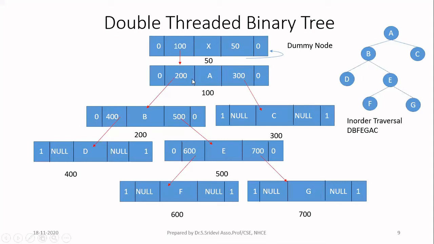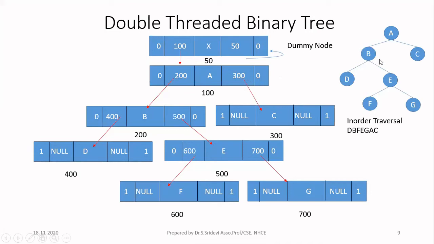Now, what information do we have in the remaining nodes? The remaining nodes have the same information I explained in the previous slide. Now, let us focus on the two extreme fields, 0 and 1. Whichever node has its children, that field will have 0. 0 means you are not storing any thread information. Node A has both the children. So for that node, you will store 0 for both the children. That is, in the last extreme fields, we are going to store 0.